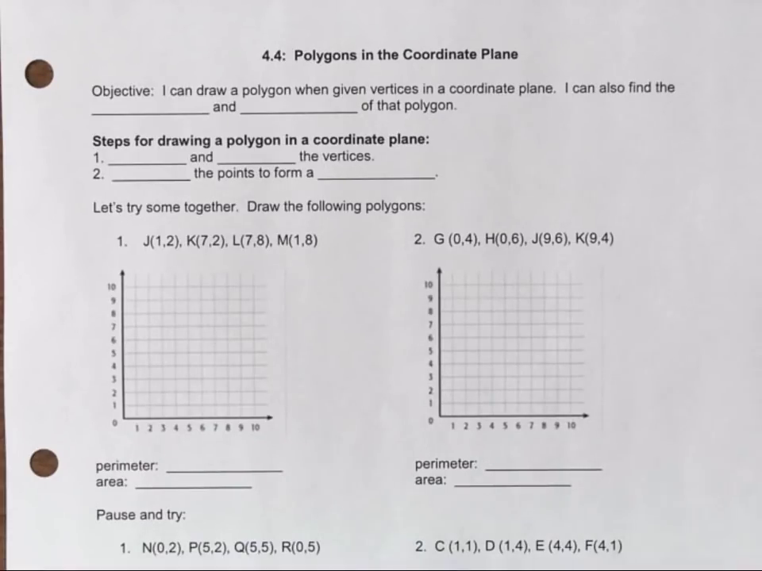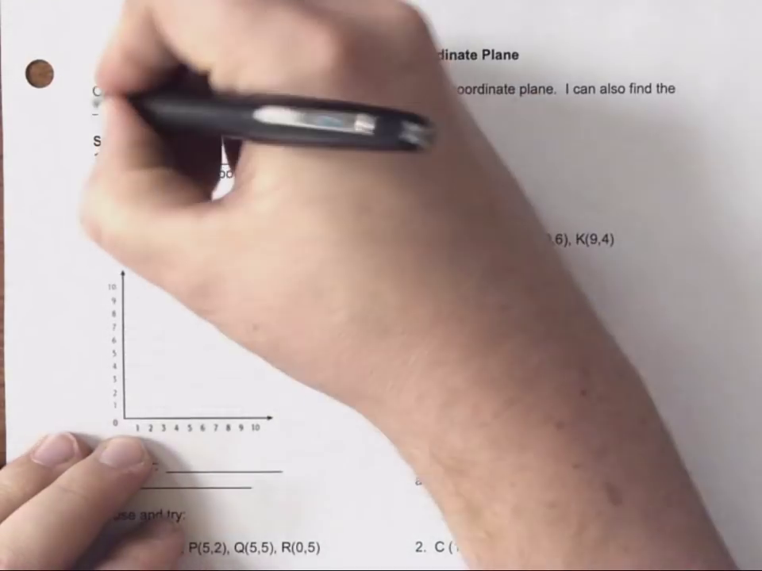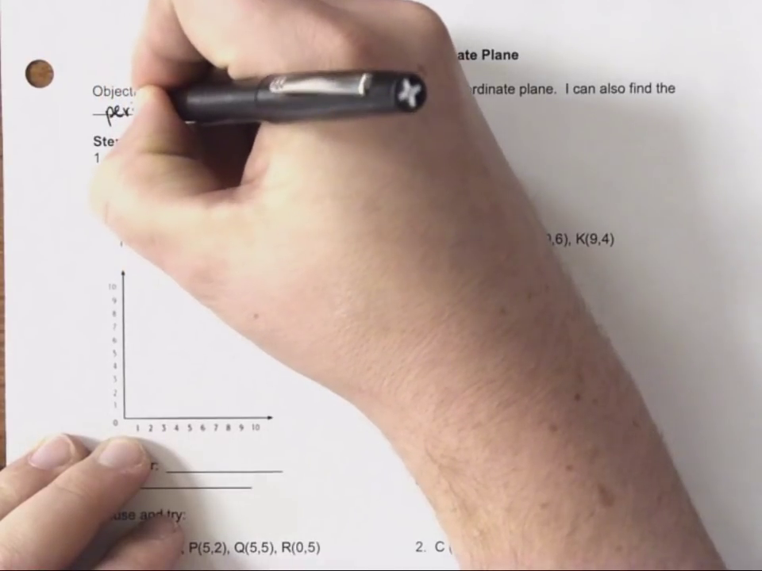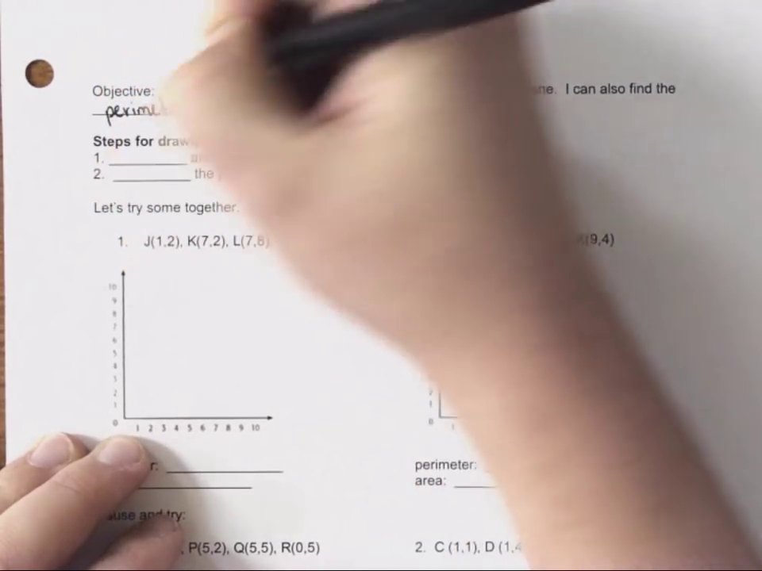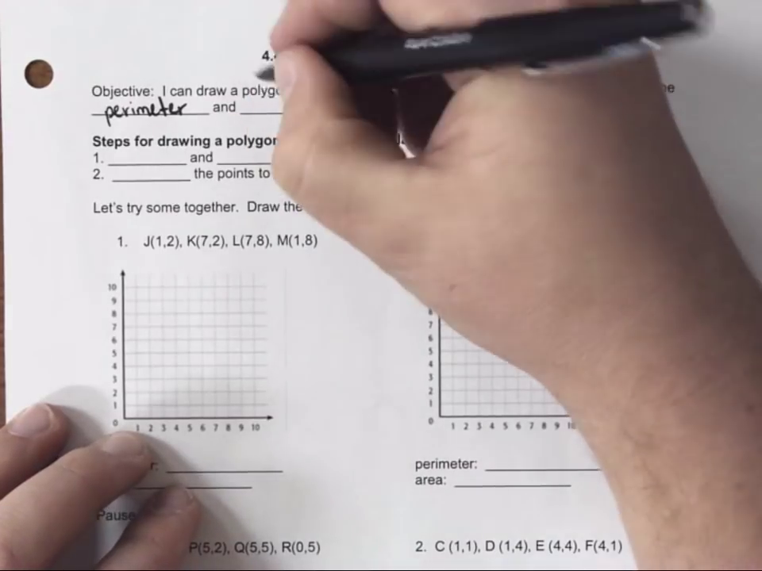All right, this is our very last section of this chapter, guys, and today we're going to talk about how we can draw a polygon on a coordinate plane. And then once we've drawn it on our coordinate plane, we're going to find the area of the shape, or the polygon, that we've drawn. So our goal is that you can draw a polygon given the vertices in a coordinate plane, and you can also find the perimeter and area